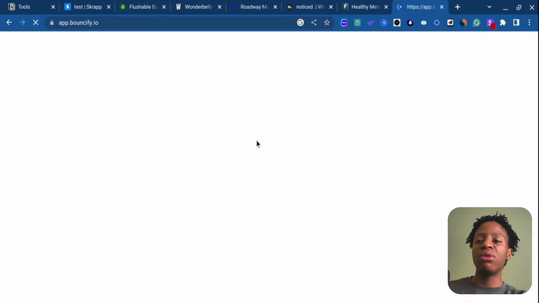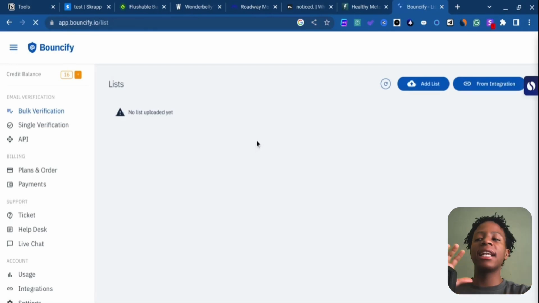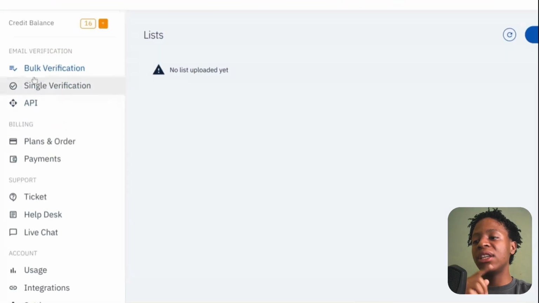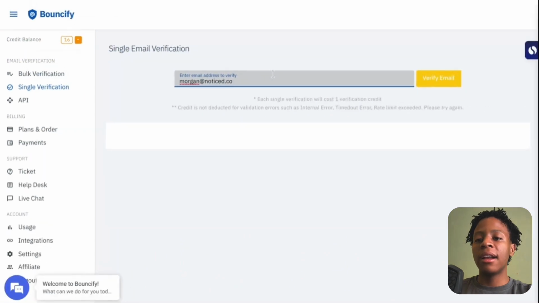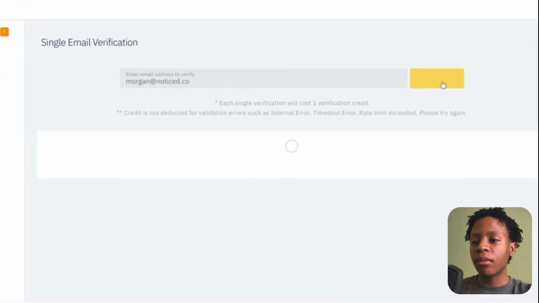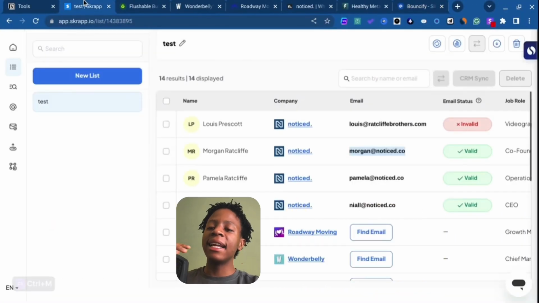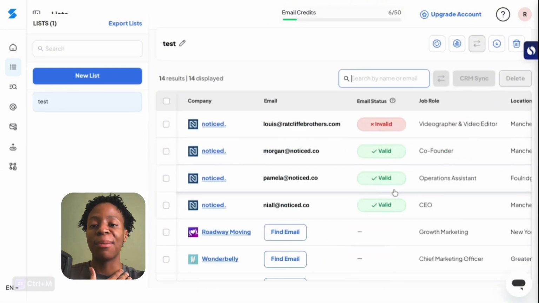Now another app that you can actually use for this is Any Email Finder, but I won't focus on that too much because that one is basically another tool for finding your prospect's email address, while Bountify is entirely focused on pre-qualifying those email addresses, right? In this case, you can see you can bulk verify. In this case, I'm going to go with single verification, paste that in, verify, and boom, as you can see, deliverable, right? Like I said, it basically eliminates the need of using those third-party apps to verify your prospect's email address,